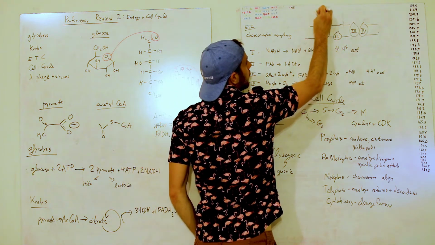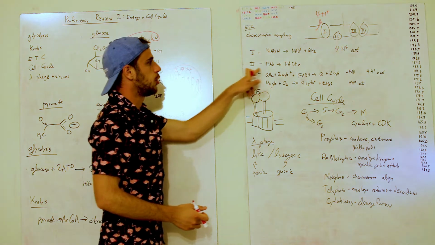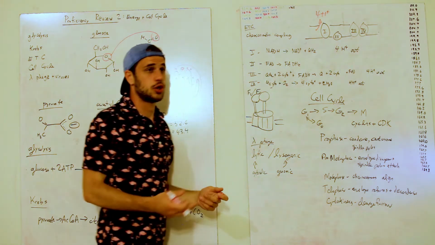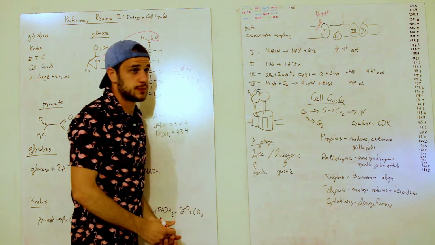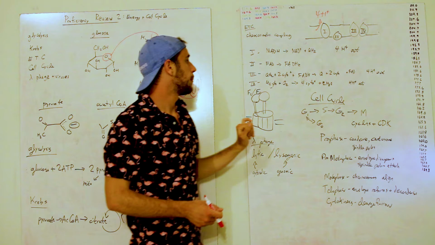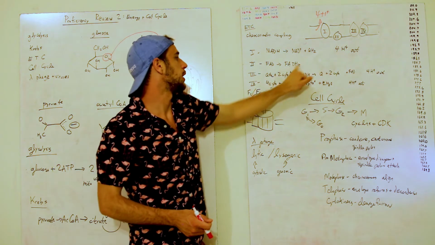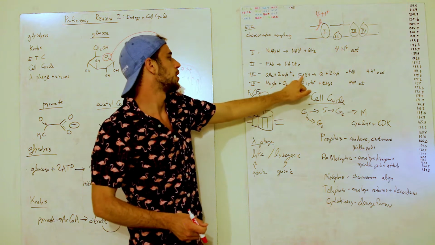We have 4 protons leave. And then with number 2, we make FAD into FADH2, which stays entirely inside the matrix space, and there is no net movement of protons outside. But then we go to 3, we use the quinone from step 1 and the FAD from step 2, and